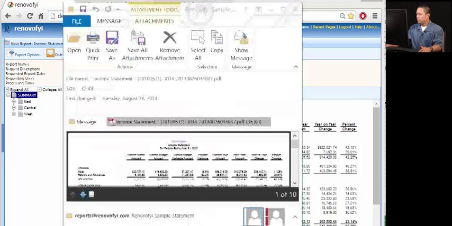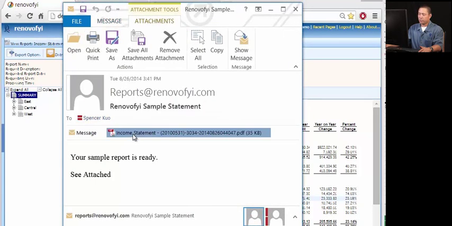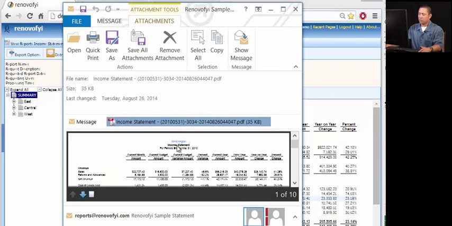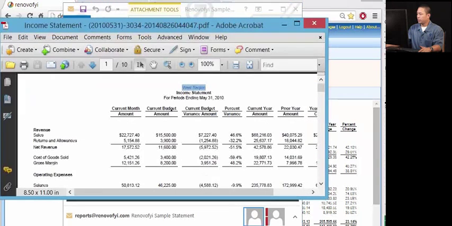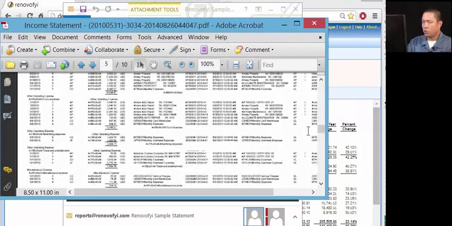What they'll get is an email, for example, with an attachment, like this. In this case, this is an attachment in PDF. Let's take a bigger look at it. And you'll see that I've only been distributed the West regional P&L or income statement because that's the region that I belong to. If we scroll down, you'll actually see a lot of the detail in here too. So we can push reports out via email distribution and attachments, or